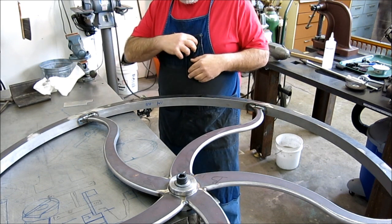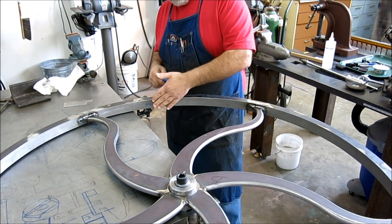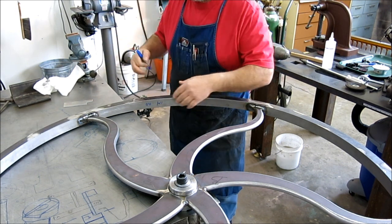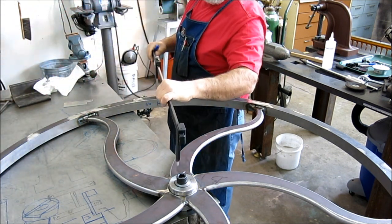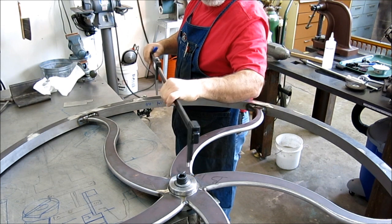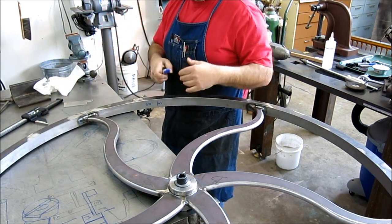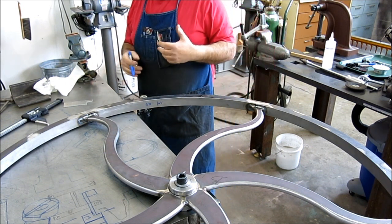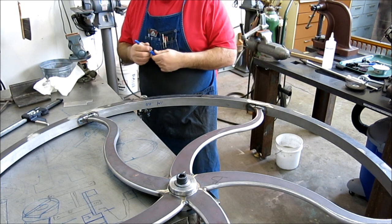And what I'm going to do is, I've done a little mapping with the indicator and some calipers here. What I've done is measure between the hub and the inside in a bunch of places to see how this thing is shifted. So what I want to do now is apply a corrective action, and I'm going to use